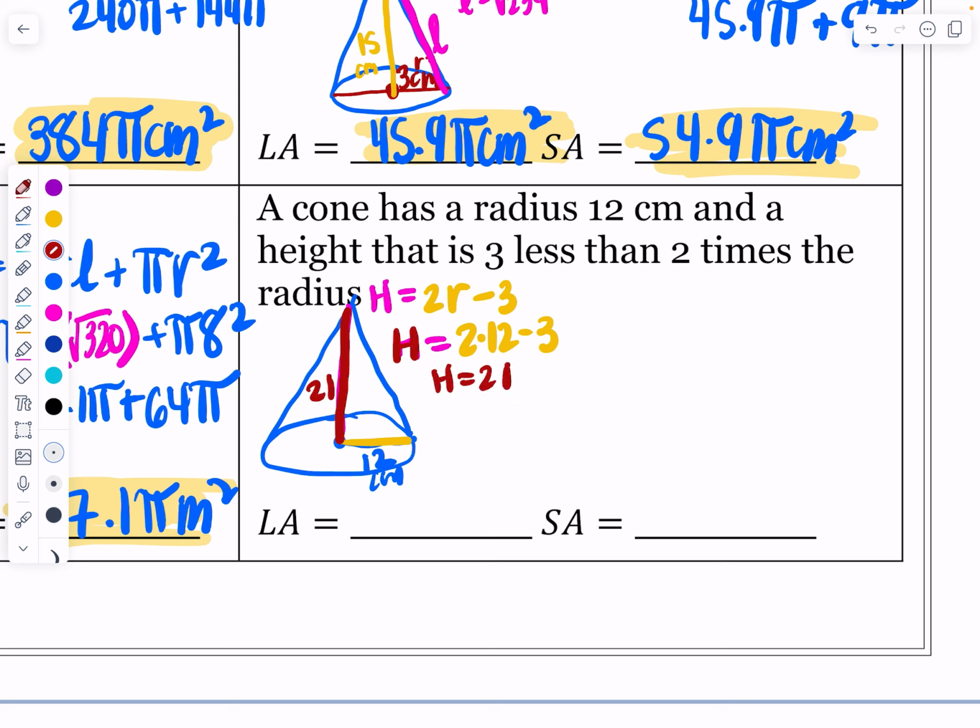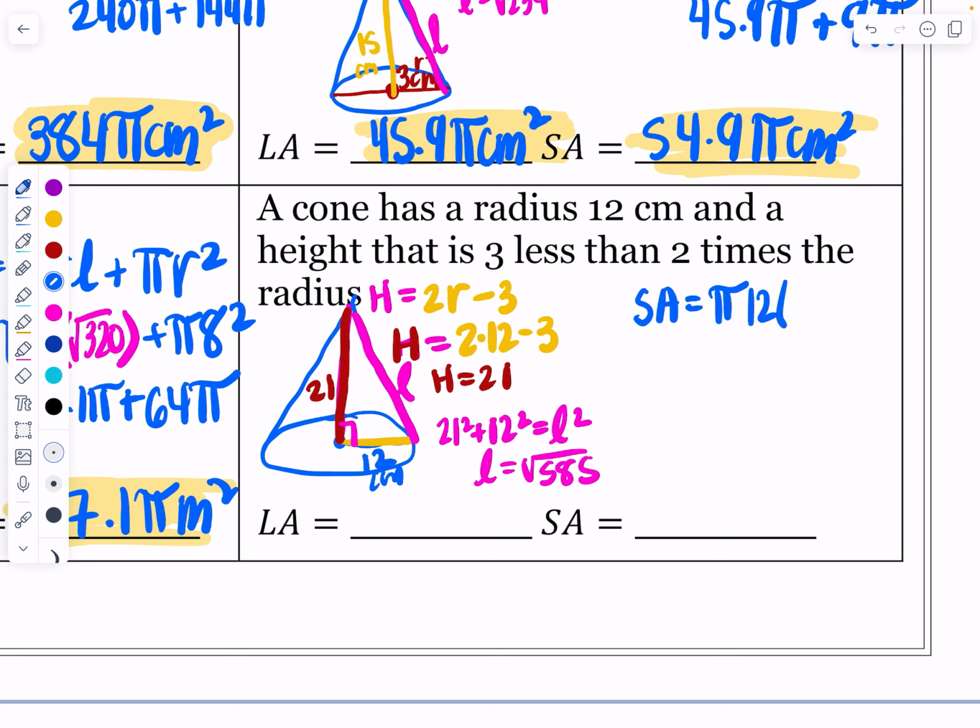If that is 21, this takes it a little bit harder because we still have to find our slant height. So I'm going to use the Pythagorean theorem. That's going to be 21 squared plus 12 squared equals L squared. Okay? And so how do we find our L? We do 21 squared plus 12 squared. And so L would be equal to the square root of 585. And then you would just do this just like normal. So your surface area would be equal to pi RL. So pi times 12 times root 585. Plus pi r squared. So when you do 12 square root of 585, that is going to be about